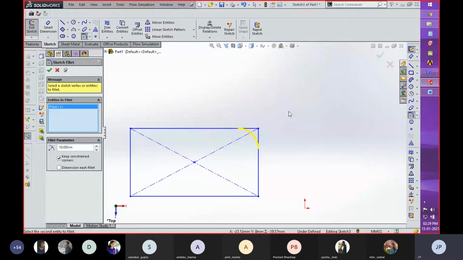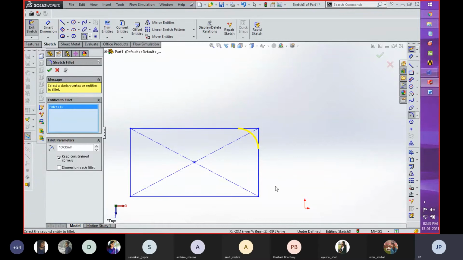You can see that whatever value you inserted for creating the fillet in that rectangle, if the value is greater than what the geometry can satisfy, that fillet is not going to be created. So whenever you create any fillet on any object, you have to check the dimensions of that component.